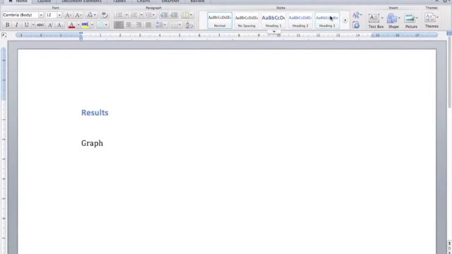Let's have that as a subheading to the results heading. So results, we'll have as heading 2. Graph will be our subheading from that. The heading 1 would obviously be the title of the report. So the results would come from here. The graph we should just be able to paste. So Control V, Command V on a Mac, and it should go